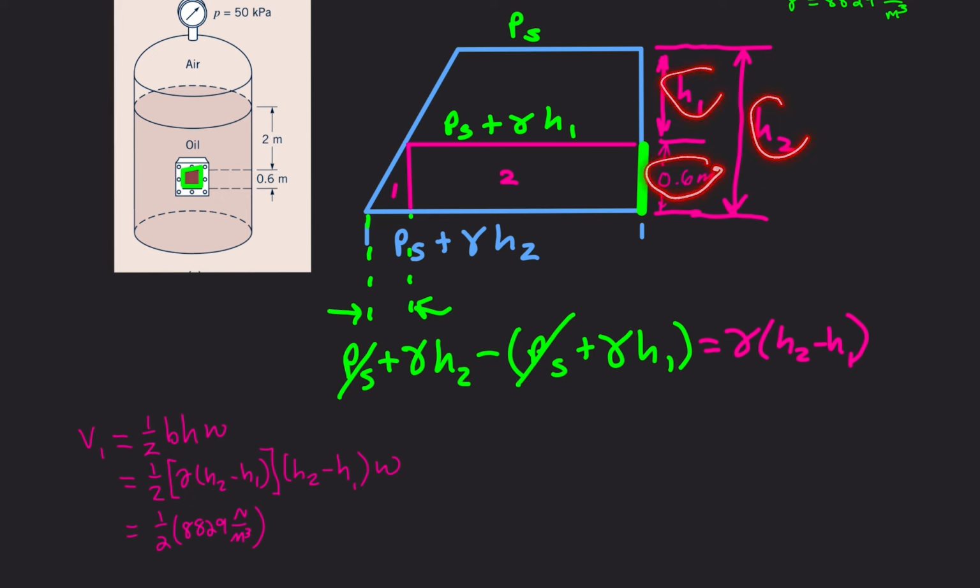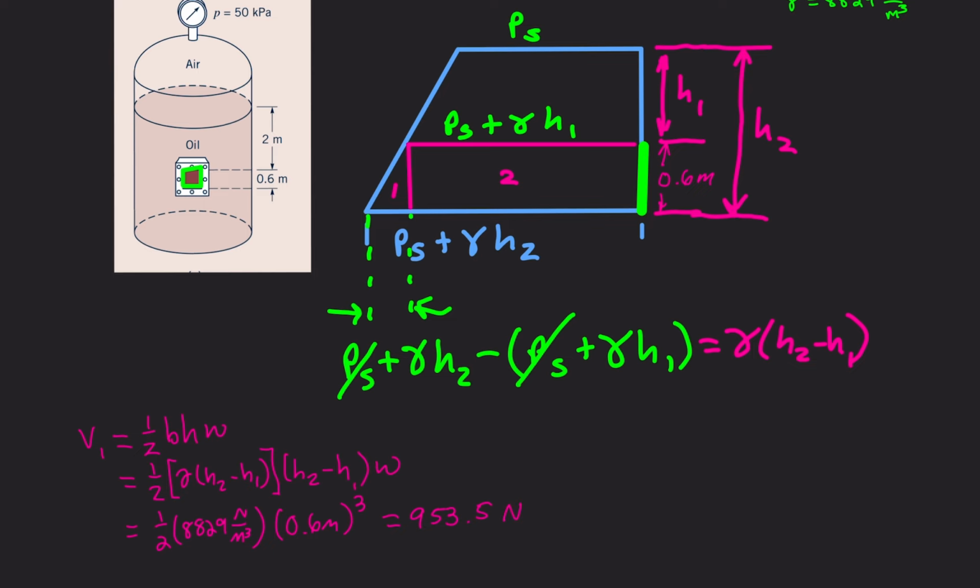We got 2 of those here, and then we got a square cross section, so that makes 3. So 0.6 meters, we got that cubed. Calculate this. We have an answer of 953.5